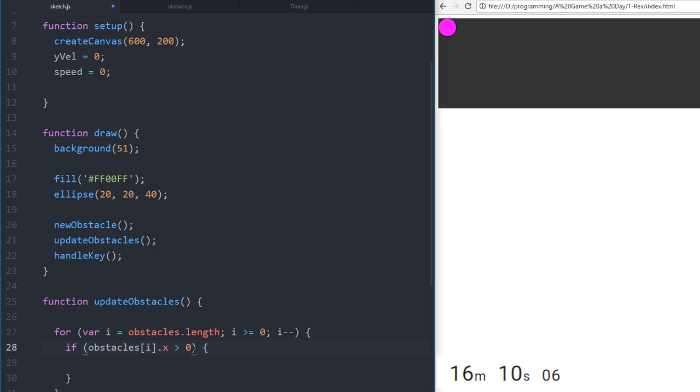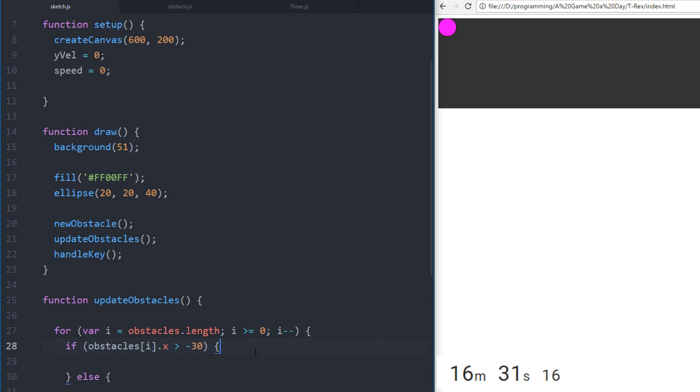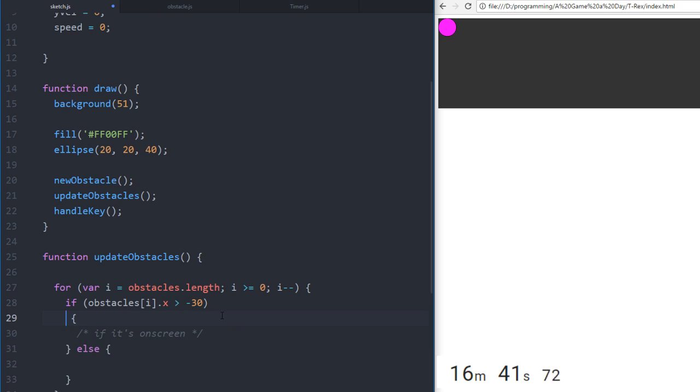So essentially what we have to do with that is give it a little bit of leeway. So it needs to be something more like -30. I don't know what the maximum size of the square or obstacle will be, but we will just go for that. Now if it's greater than that, we are going to draw it. So if it's on screen, then we draw it. And that's essentially what we're going to be doing right here. So rect,